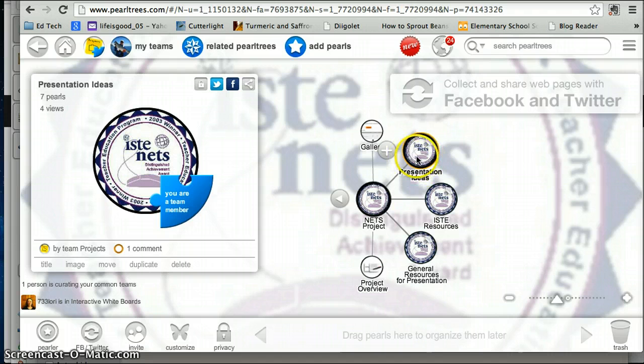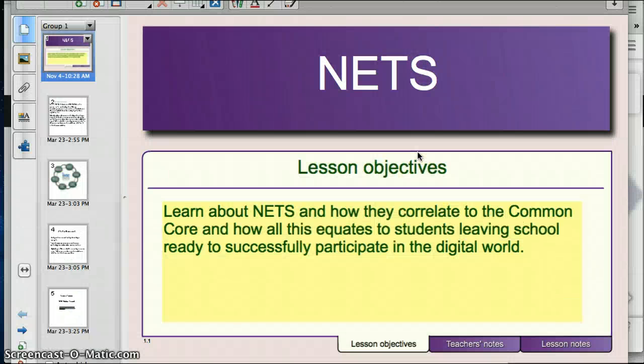In here, I have different options for presentations such as Prezi, VoiceThread, SlideShare, and things like that. But the one I decided to use was Notebook, which is the software that goes with our smartboards. A lot of our staff don't use the smartboards in their classrooms to the extent that they could. So I thought it'd be interesting to put a presentation out using the tool that is available to teachers and all staff. And what I did is I took all my curated sources from Pearltrees, and then I went